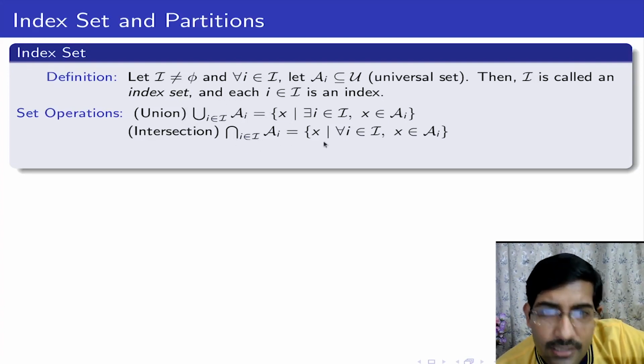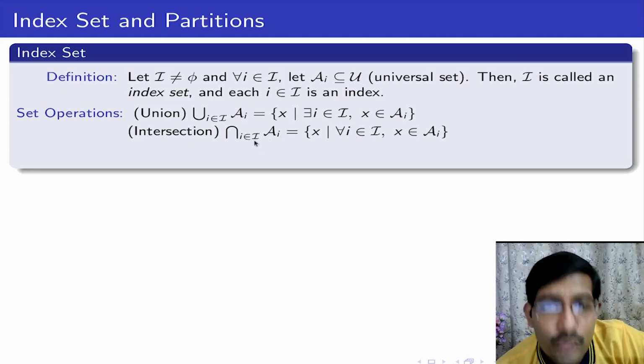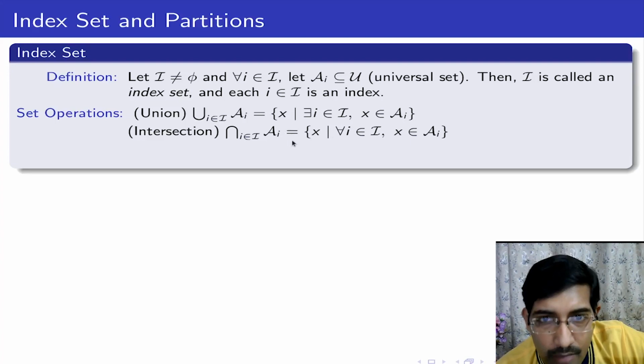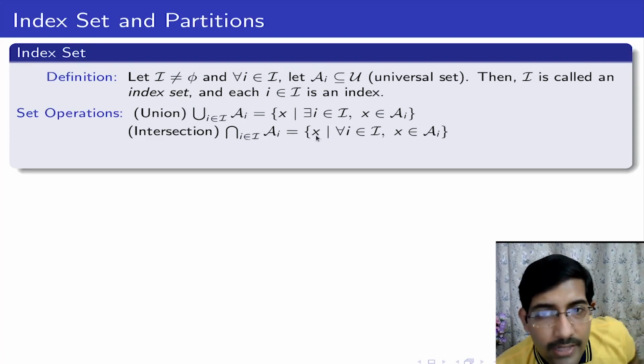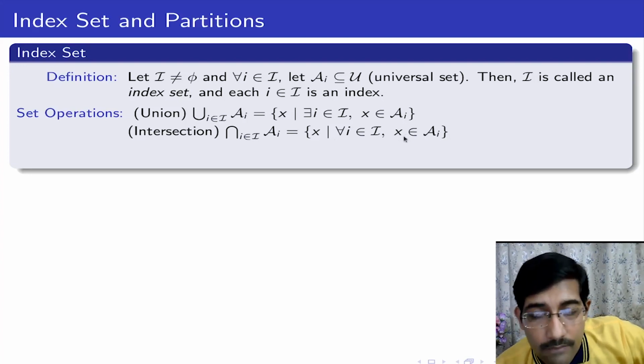Similarly, my intersection is just a generalization of whatever we have discussed in union and intersection with 2 sets. It is a generalization over multiple sets. So it says that an element x will be present if it is present in every Ai. So if it is present in A1, A2, A3 but not in A4, I will not keep it. So in every Ai, this element should be inside. Then only I will keep it in.